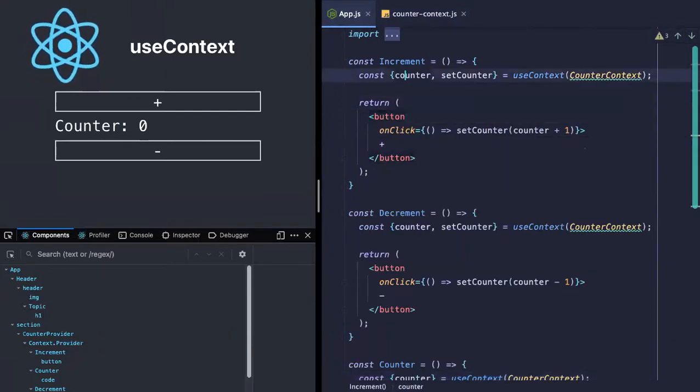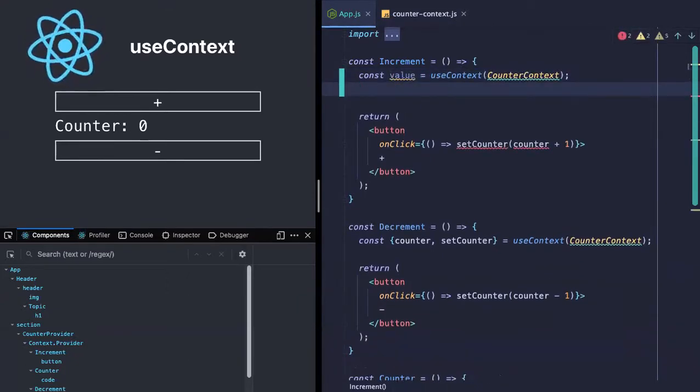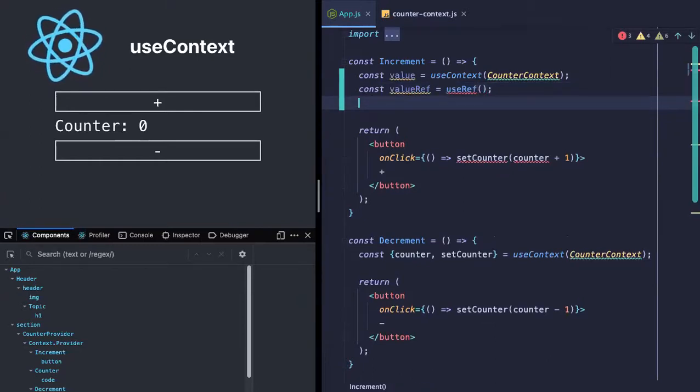What we are doing here is giving a value here. I'll use a ref, which is another hook that remains the same between multiple renders. We'll use this ref and check whether the reference of the value we are getting is the same value that we got in the last render.